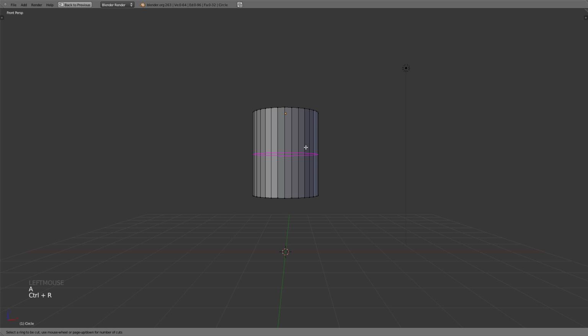Now Control R to loop cut, and you can either scroll up 5 times or just hit 5 on the keyboard. And now I'm going to scale these down by Alt right clicking them. Scale them down or up based on how a wine glass is kind of formed. This isn't going to be an exact reference, but it'll be okay for this learning tutorial. So once you get something that you are okay with,